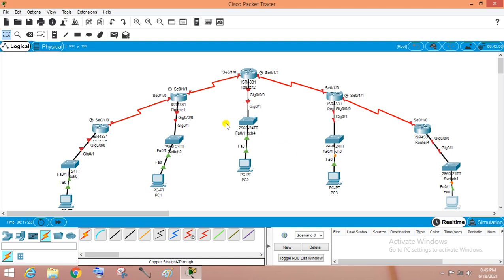So what IP will we assign to each segment? Suppose I am assigning the IPs here. This one will be 1.0, here it will be 1, here will be 2, here will be 3, here the value is 3.0, and here will be 4.